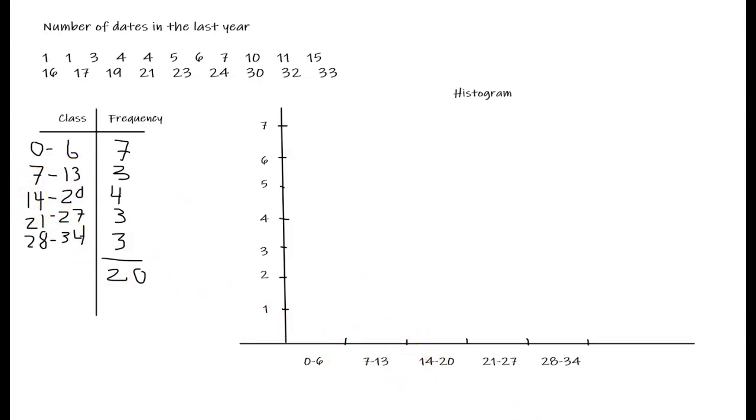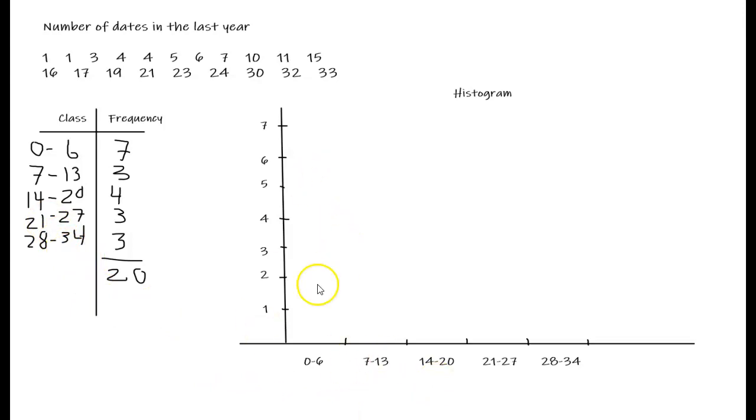But the easiest way I found to do it is just put the full classes in each one of these. It makes it really easy for the reader. So they know that this is all the values between 0 and 6, all the values between 7 and 13, and so on and so forth. All right, now what we're going to do is